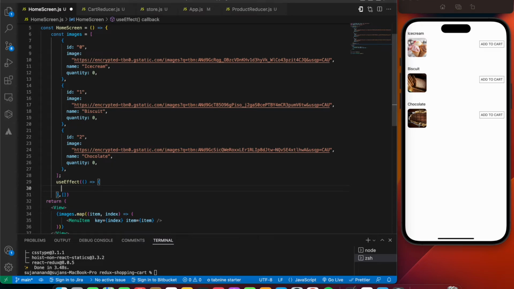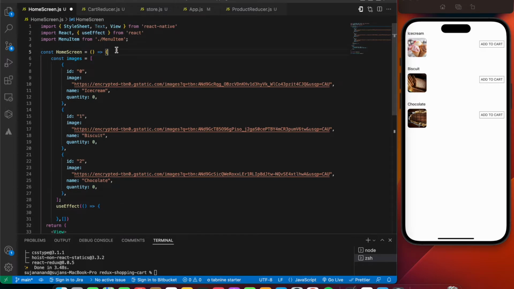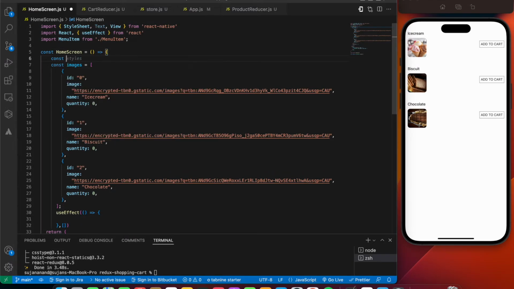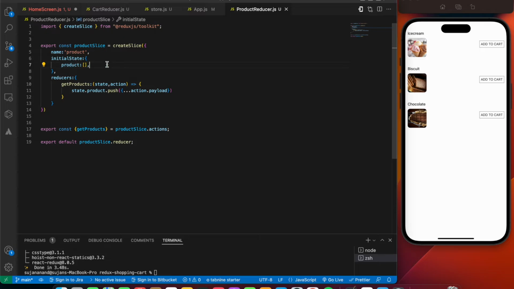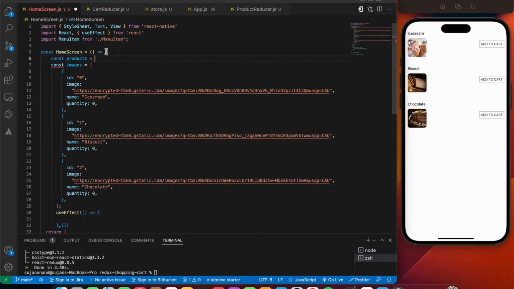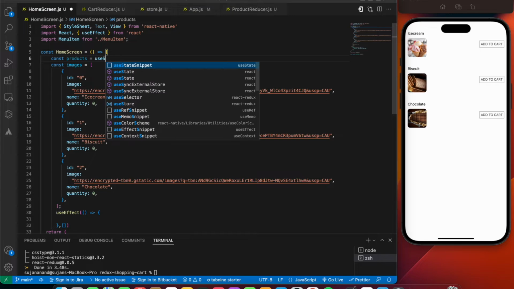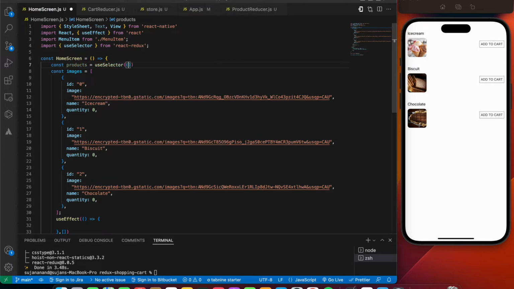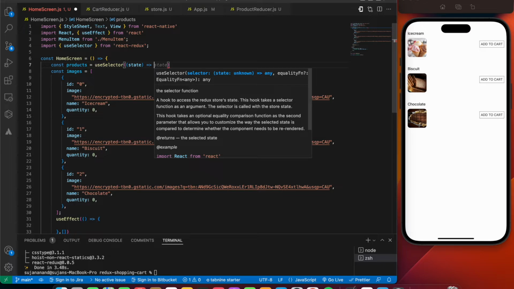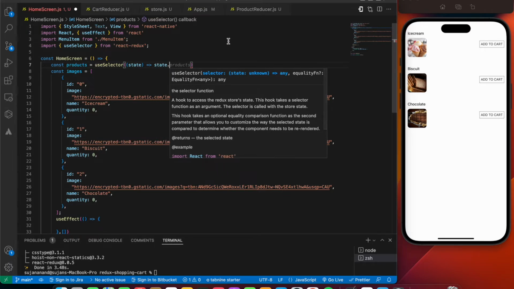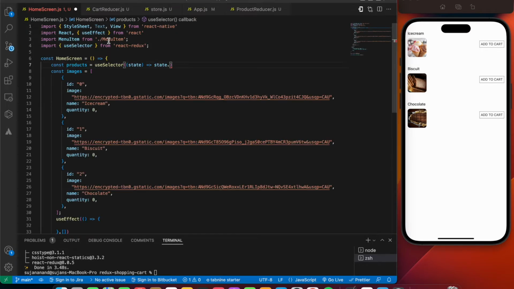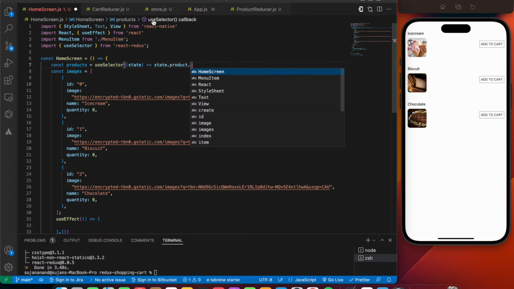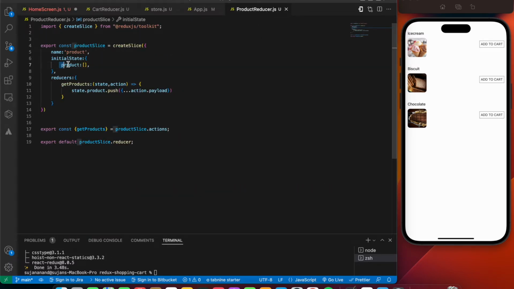So inside our useEffect, firstly, before that, let's access our products. So we're going to say const products equals, so we'll be basically getting this product. For that reason we'll be making use of the useSelector hook in React Redux. So we're going to say useSelector, so basically access the state. To get the product, it's going to be state dot the reducer name, that is product, and to get the product array, it's going to be this name, that is product.